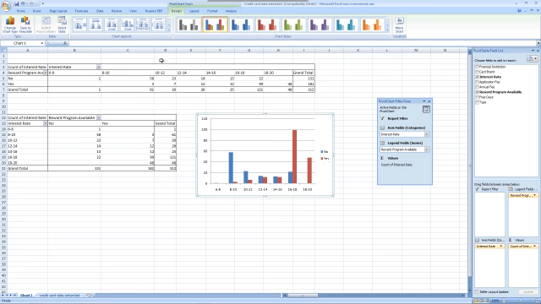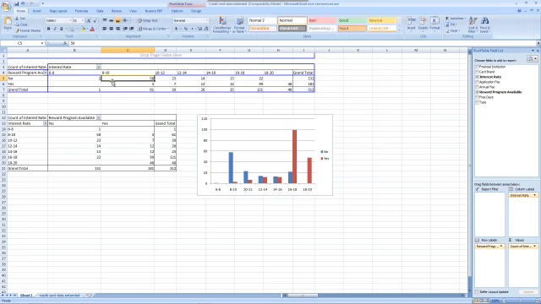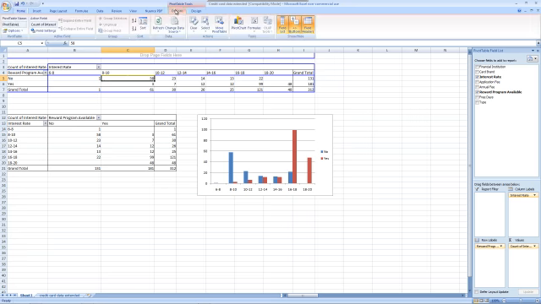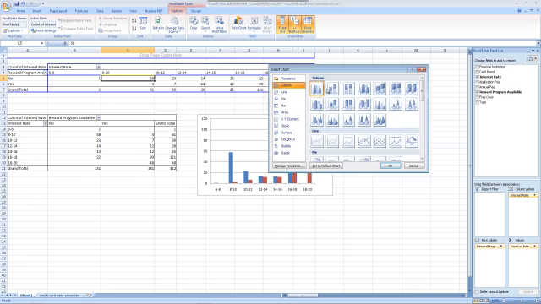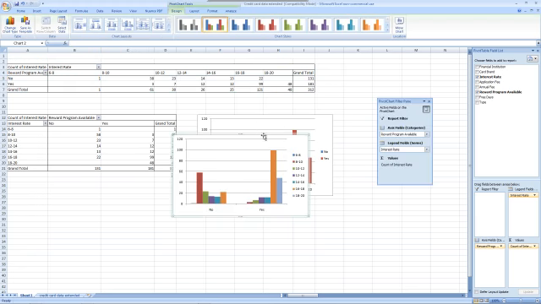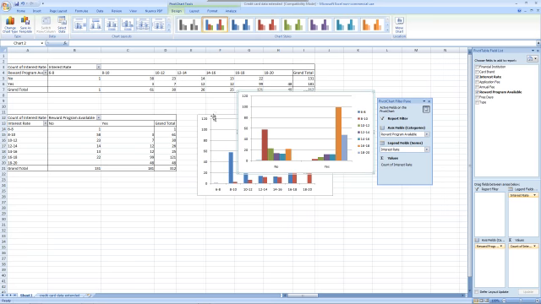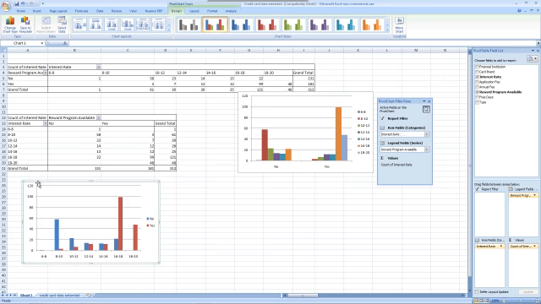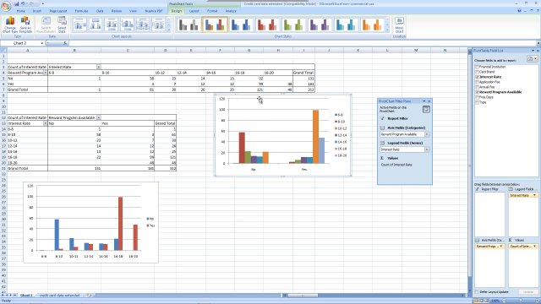If, however, we had used the first pivot table with interest rate in the columns and rewards in the rows, in fact I'll make the pivot chart on the screen at the same time, so let's just move them so we can see which goes with which. Our first contingency table gives us a chart which is almost like a little mini histogram for the no rewards cards next to a mini histogram for the yes rewards cards, and then the different interest rates are represented by